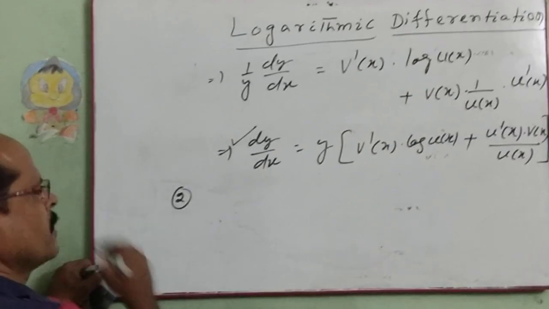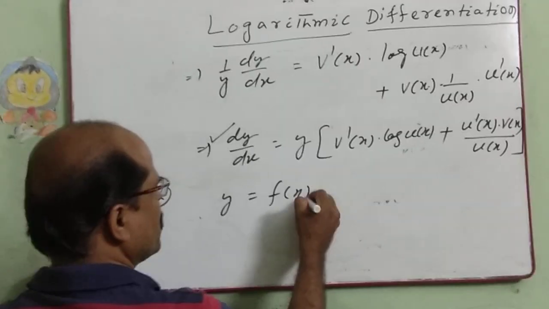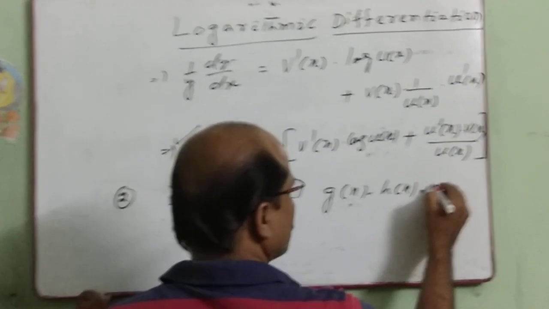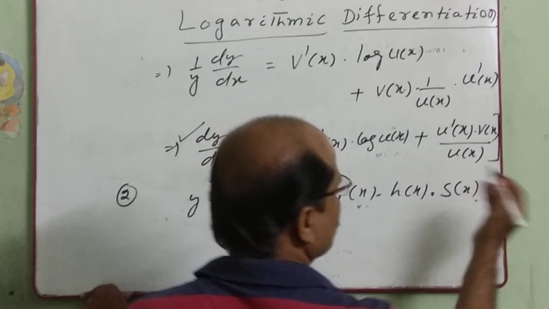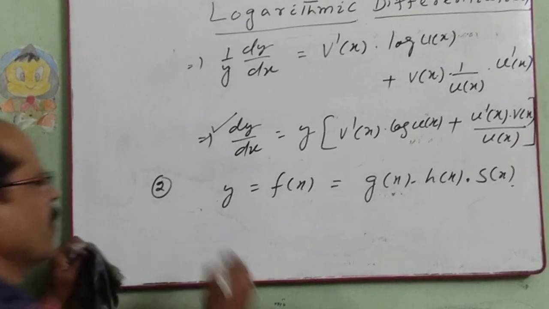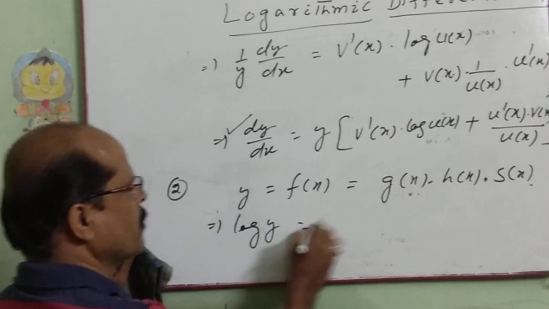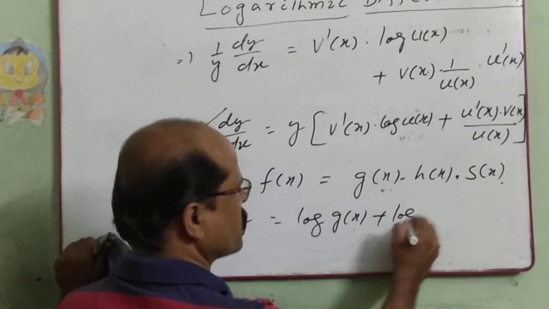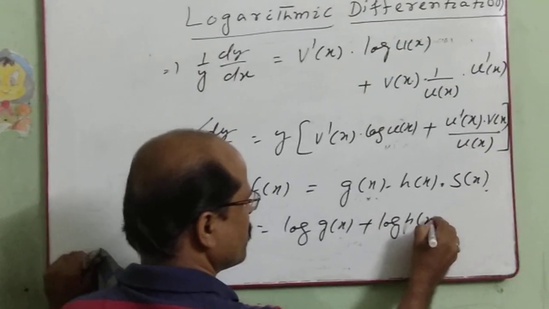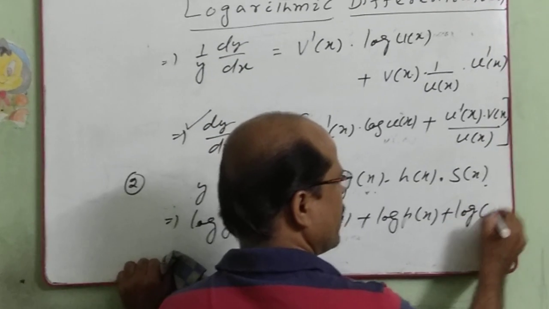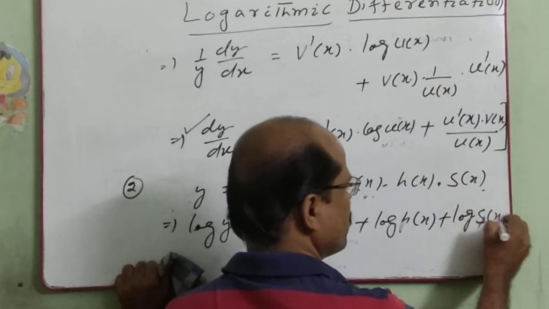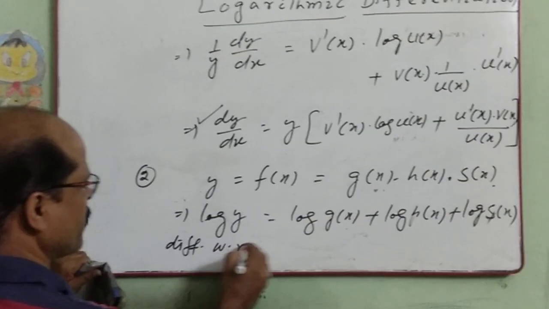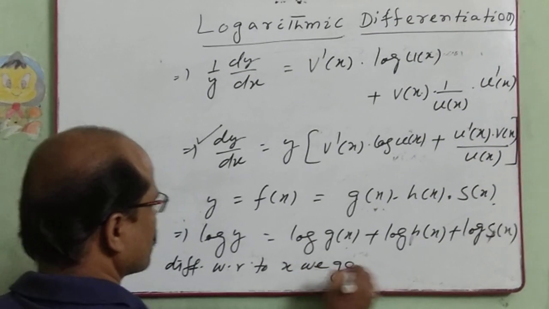Second type, if the function is y equal to f of x equal to suppose g of x into h of x into s of x, like that, product of three functions. So when you take logarithm, log y equal to log g of x plus log h of x plus log s of x. Now differentiate with respect to x, we get